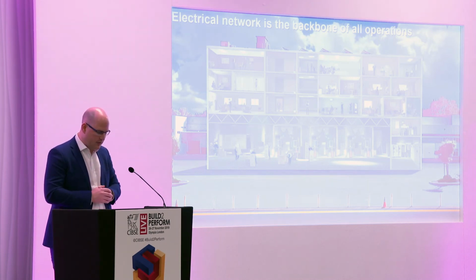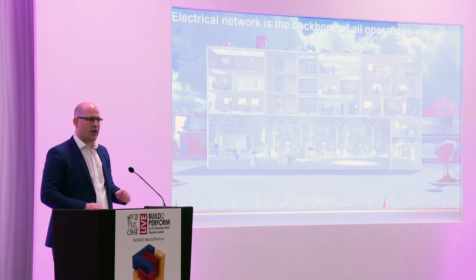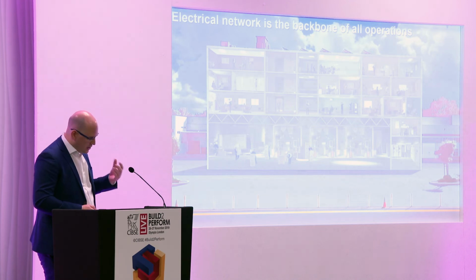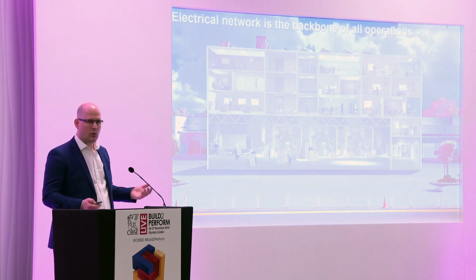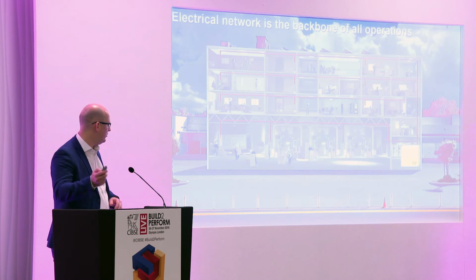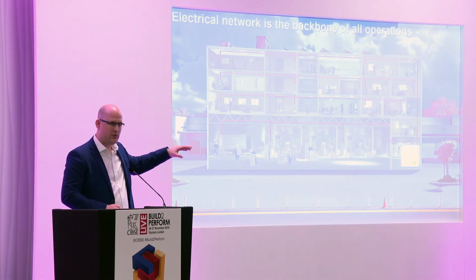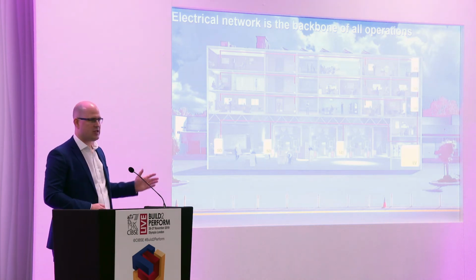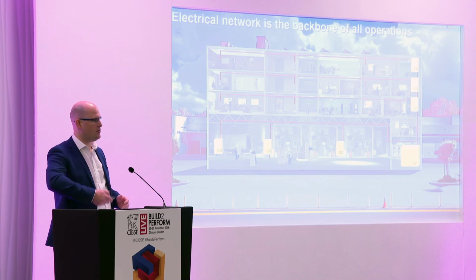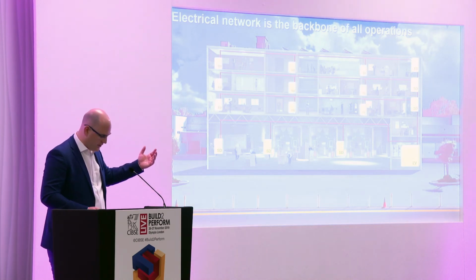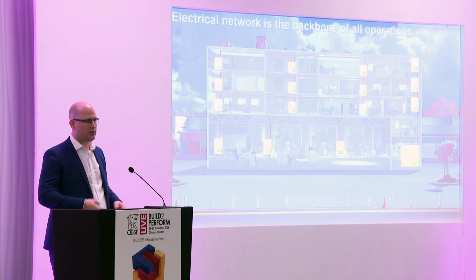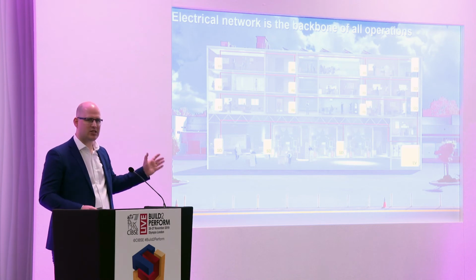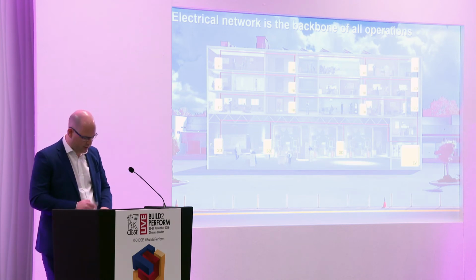So if we think about what a typical electrical network would look like, it's always been the backbone of operations, and it usually operates in a fairly standard waterfall type model. You would have a main LV board fed from the utilities down in the switch room. Then you would have some secondary distribution feeding the critical loads and also the floors, and waterfalling down to your final distribution to feed loads, lighting, elevators, all of that good stuff. A very standard, and I appreciate quite simplified, electrical architecture.